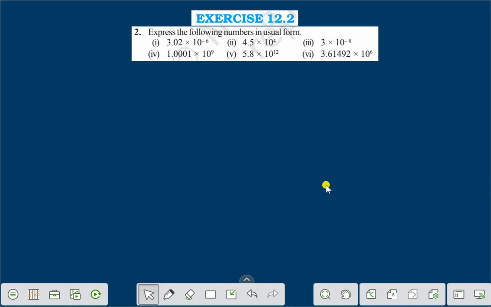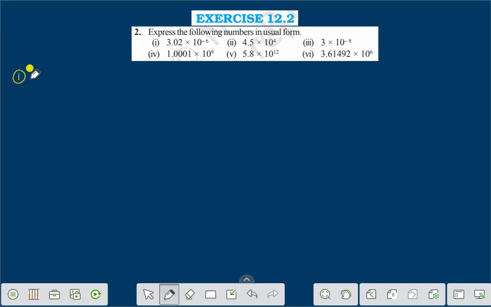Hello everyone, today we shall discuss exercise 12.2 question number 2. Express the following numbers in usual form. Let us express the following numbers in usual form. Number 1